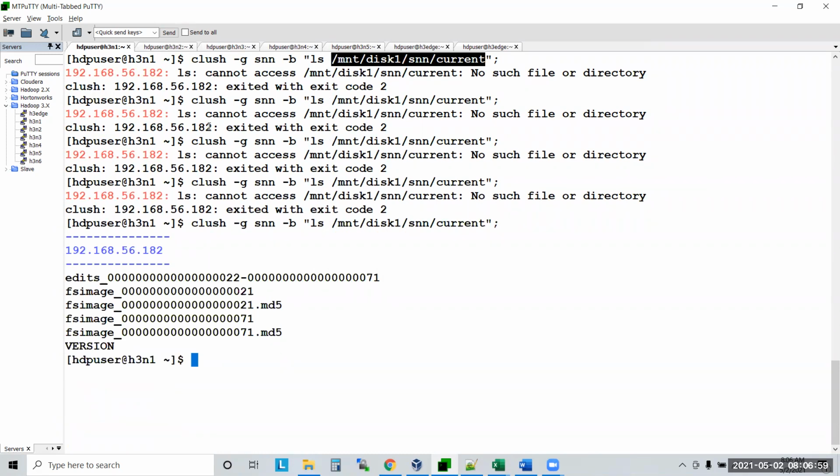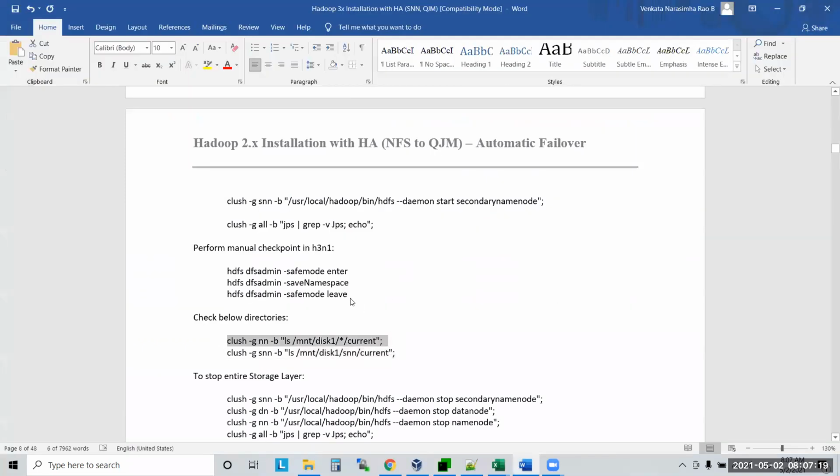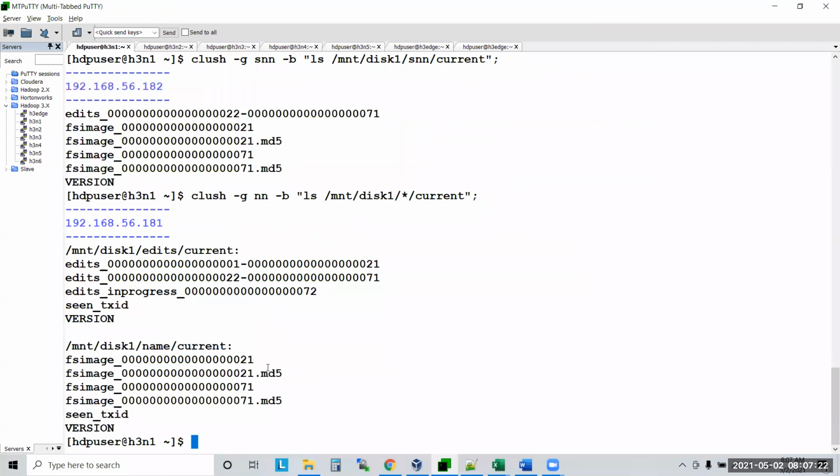See now, on the 182 machine, what is there? I'm checking the path disk1. And what is this one? FS image 71. It means up to 71 has been added now. If you see the name node FS image, earlier what was the number we had here, guys?